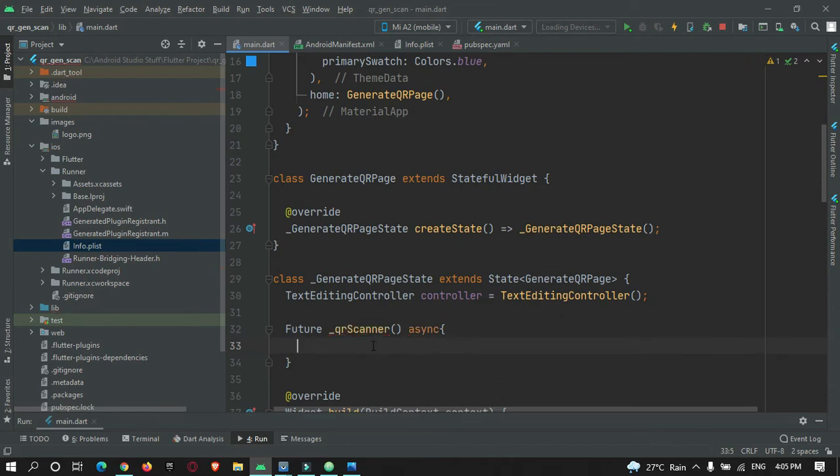After that, first of all let's check how to open the scanner app. String qrData is equal to await scanner.scan. This will open the camera app for you.